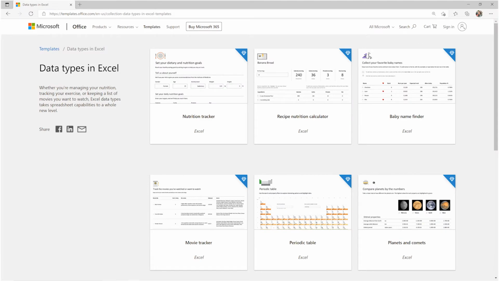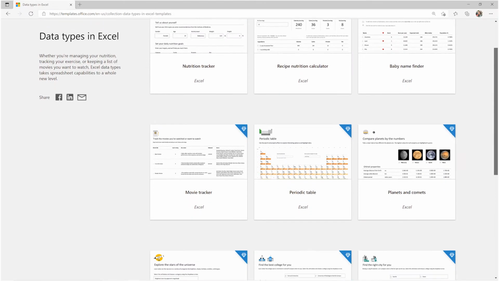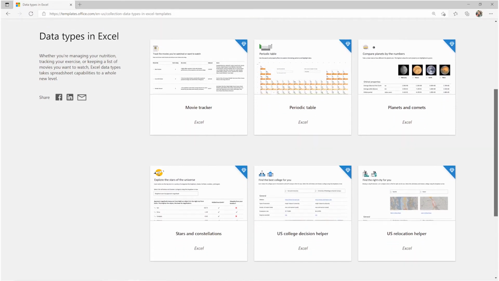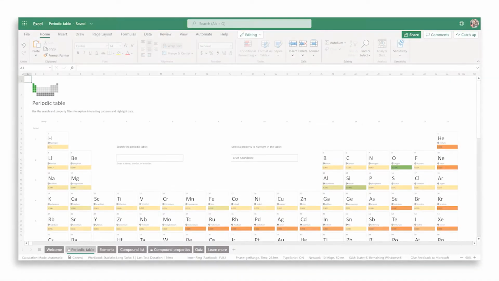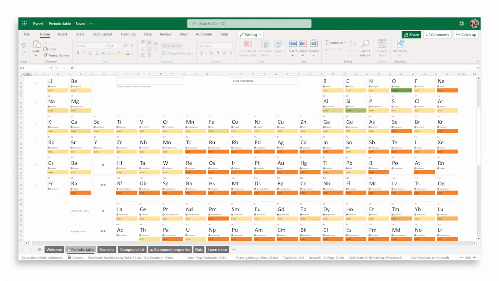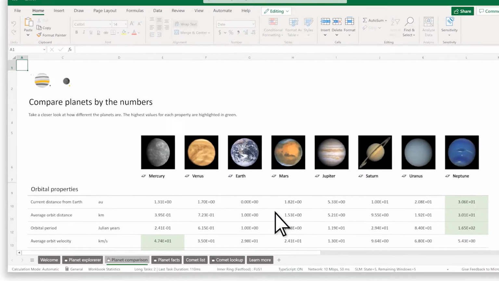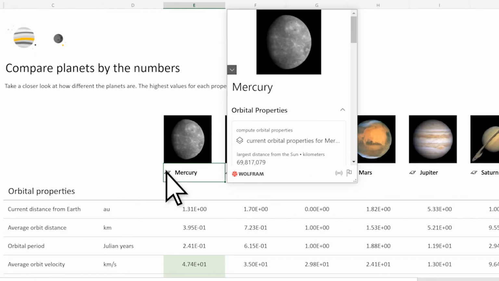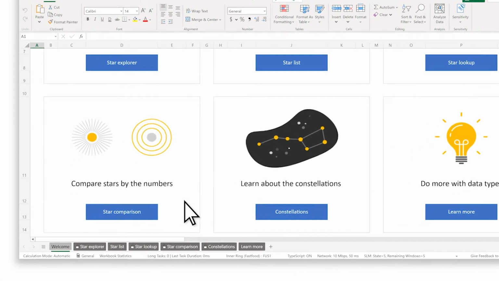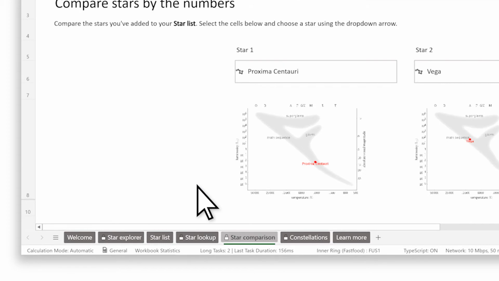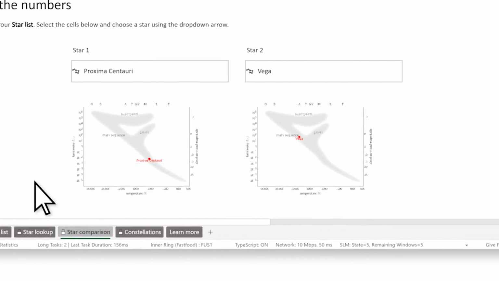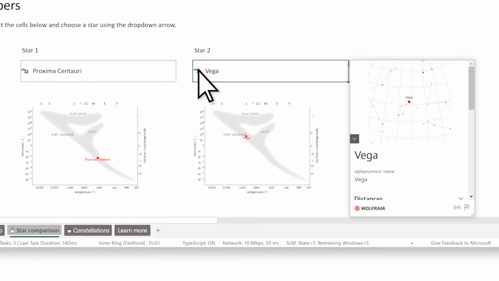And to help you get started, we've made several smart templates on academic topics. Students can explore the elements with an interactive periodic table, or track the position of planets in the Planets and Comets template. These smart templates are customizable, so you can adapt them to match your lesson plan, or you can create a